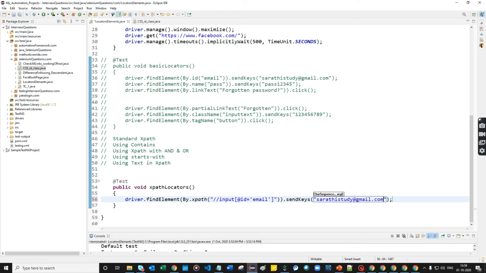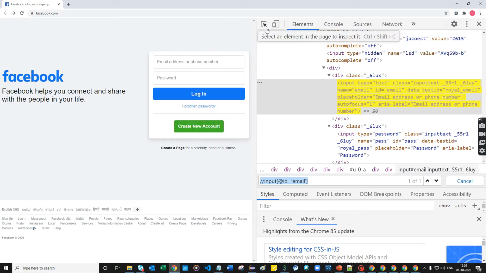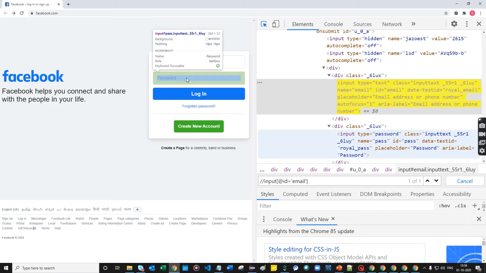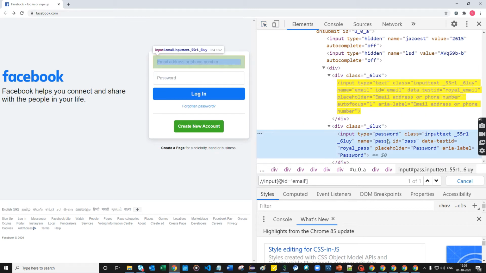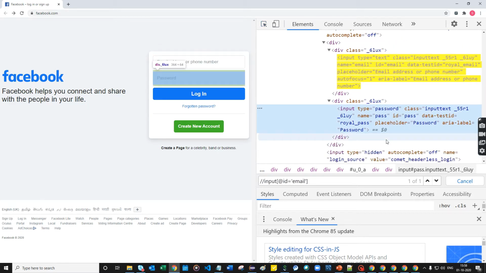The next is contains. Here I'm going to use the contains XPath locator for the password text box. Here you can see there is a class locator, name locator, ID locator and placeholder also, right?